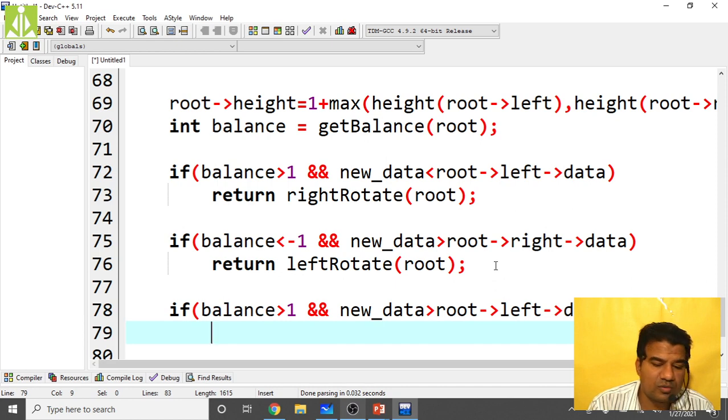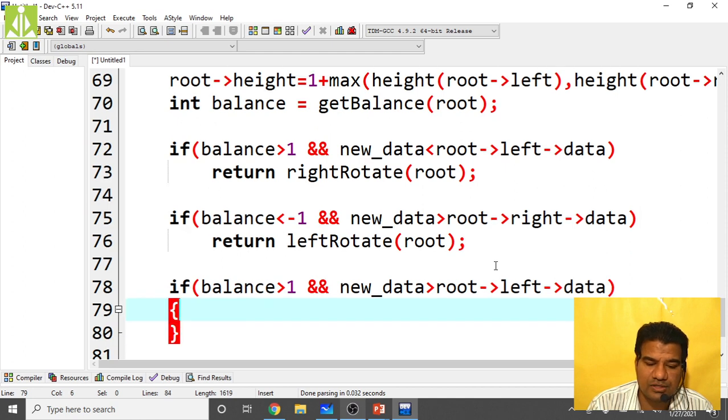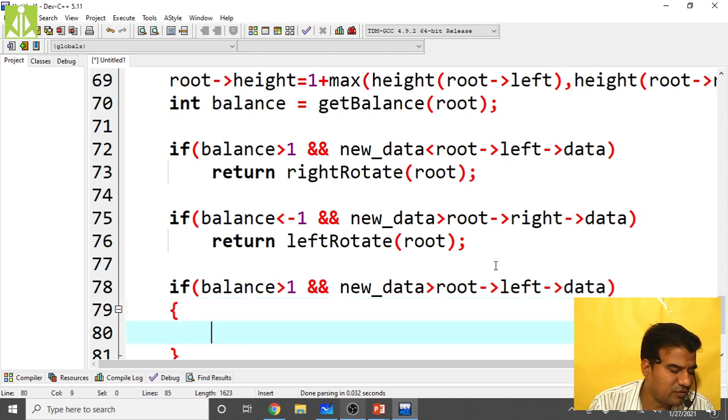We have to perform two rotations. First we have to perform left rotation because we are doing left right rotation, then we have to perform right rotation.